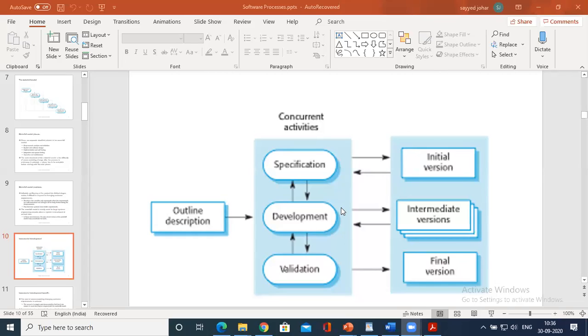Here, each increment or version of the system, or the functionality, is to be understood by the customer correctly. In the sense that the customer can evaluate the system at a relatively early stage in the development process to see whether it delivers what is required or not.